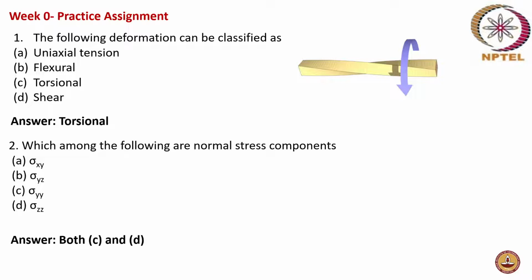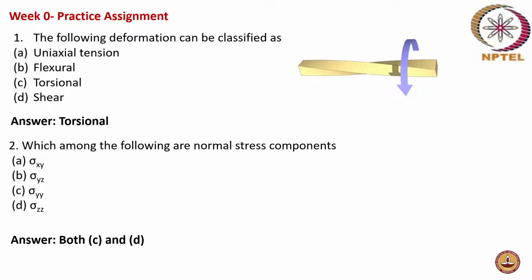The answer is C and D. So, you know that in normal stress, the direction of normal as well as the direction of stress, both are of the same direction. They may be oppositely acting. The normal will be in one direction and the stress will be acting in the opposite direction to that, but both will be of the